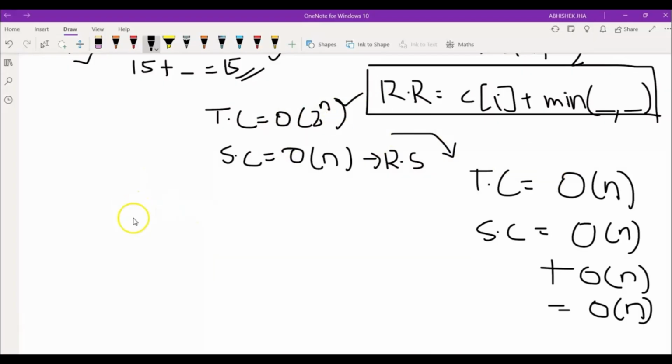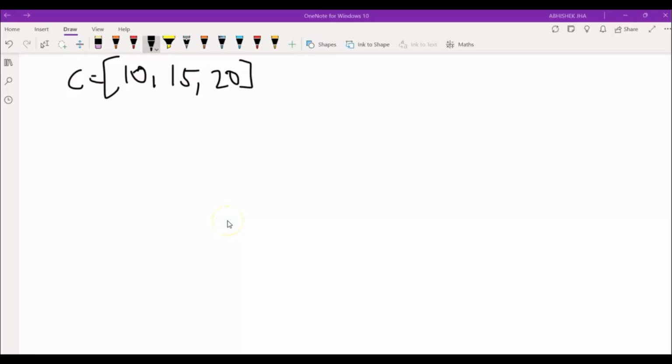So now let's try to use the tabulation method, where we'll remove the recursion completely and we'll just build the array, and based on states we'll create a table and we can directly return the state value using this whole array. If we observe closely from our past two approaches, we only need the last two states. That is, for a particular index i, we need i minus 1 as well as i minus 2.